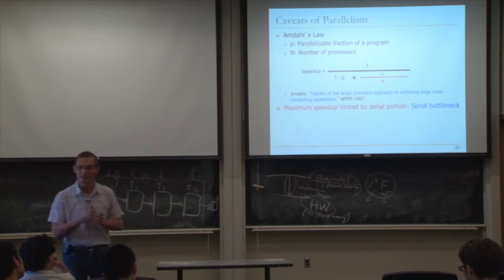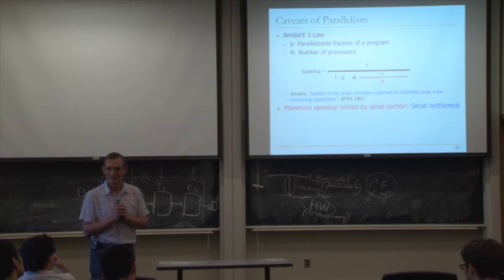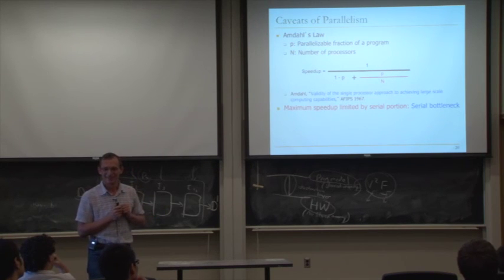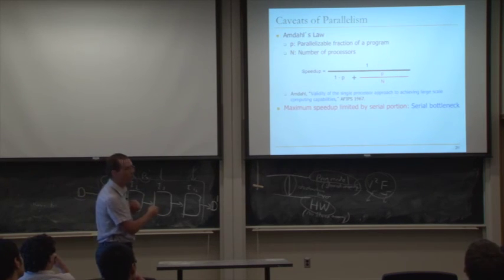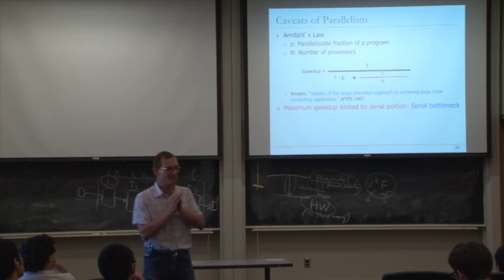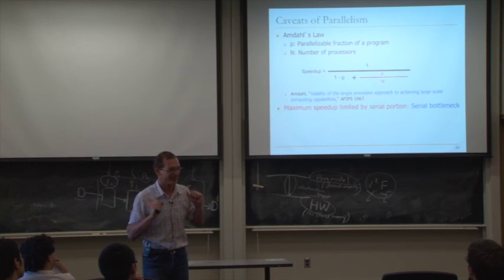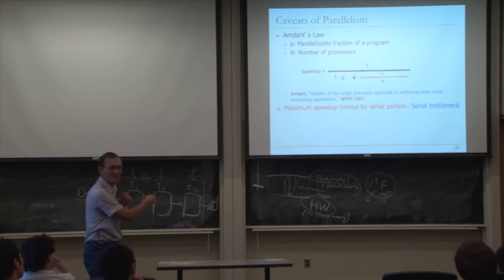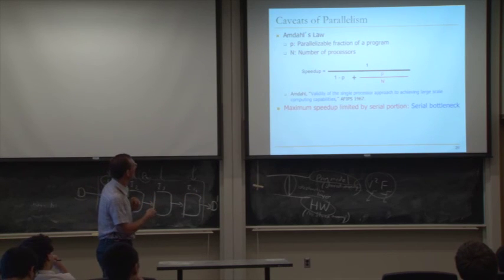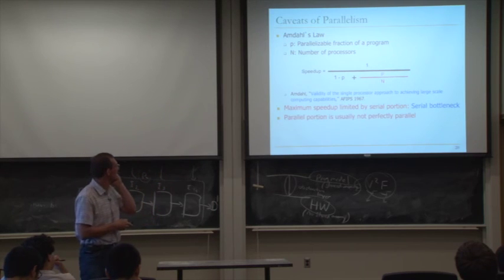Right? That's one of the reasons why graphics processing units have been very successful. In graphics, p is very large. In fact, the sequential portion is small, but you're still limited by the sequential portion, right? Your p can be, I don't know, 0.99999. And still you're limited by this. In the limit, your speed up is limited by that 1 minus p. Okay, so this is actually a nice abstraction, but we'll look at other caveats.